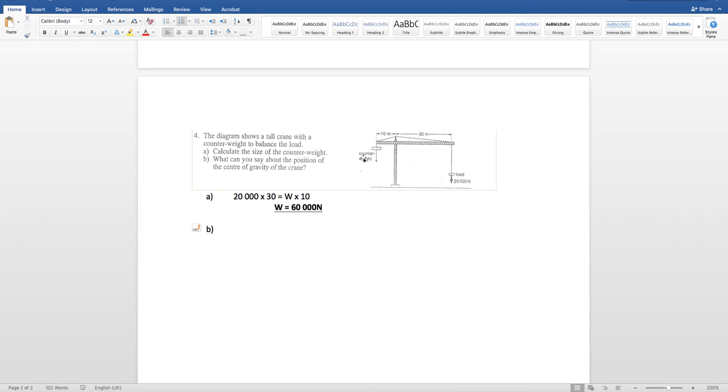And so our numbers would be wrong here. If the center of gravity or center of mass was here, then we'd have to say weight of the beam times this distance plus load times this distance equals counterweight times this distance. So if this number is going to be right, the center of gravity, we'll call it in the question, must be